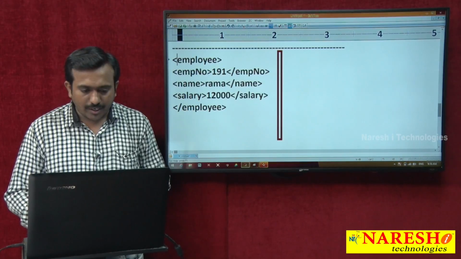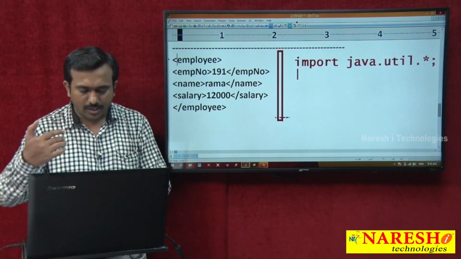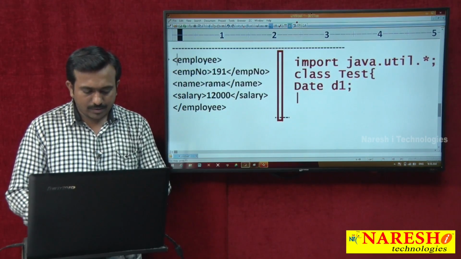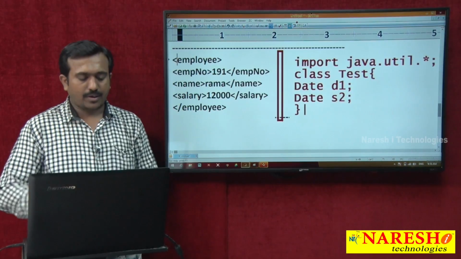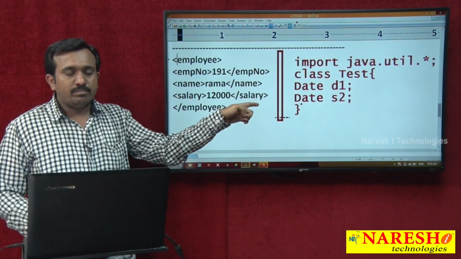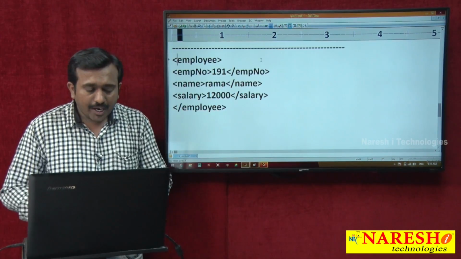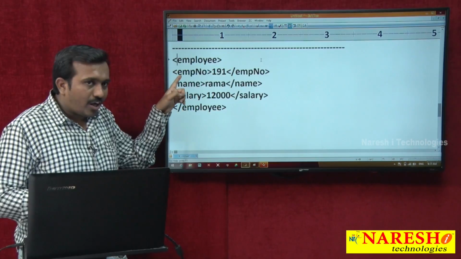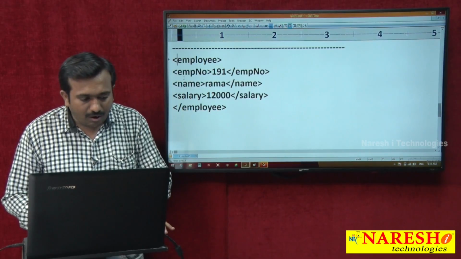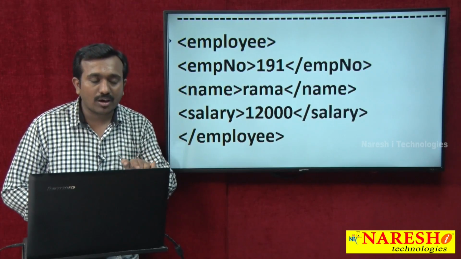In Java programming we write import java.util.*, otherwise java.util.Date, class Test, Date d1, Date d2, like this we are working. So in Java programming, to use a class with its short name, we always work with what? The import statement. Similarly, in XML also, writing all these elements with the fully qualified name increases the burden. So to write all these elements with the short names,